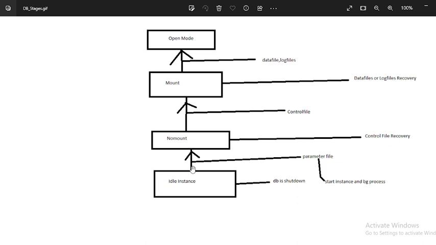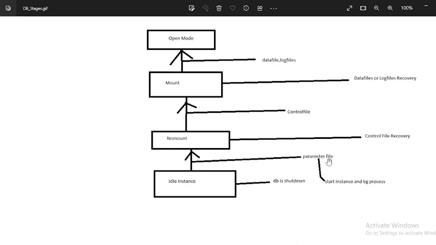I have noted a line here and given the parameter file. What happens is, when it goes from idle to no mount stage, at that time it looks for the parameter file.